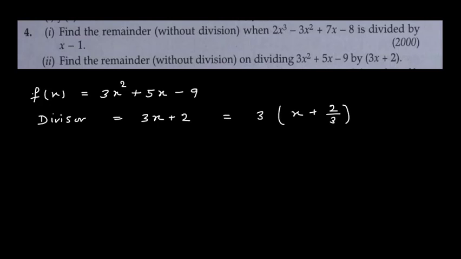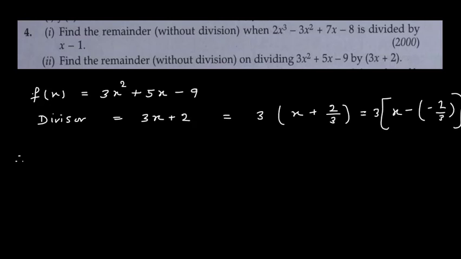Okay, if you do not get any factor in this 2, then you simply write this as 2 upon 3 when you are taking 3 common. You open this bracket, you will find the same result, 3 into x is 3x, 3 into 2 upon 3, so 3 will cancel, you will get 2. And this can be written as 3 times x minus of this, minus 2 by 3.